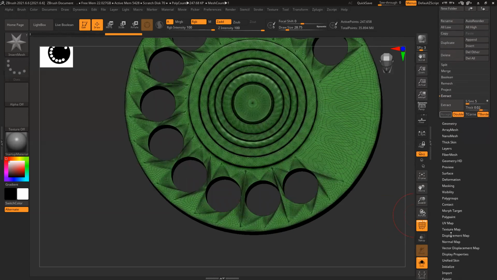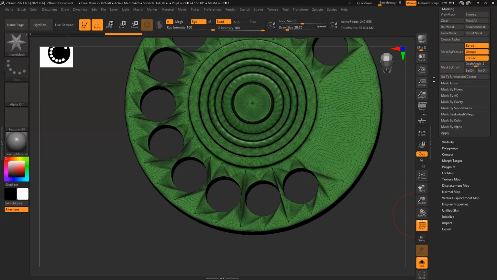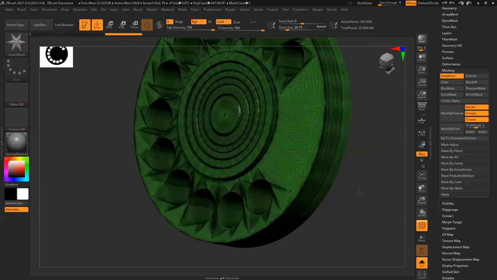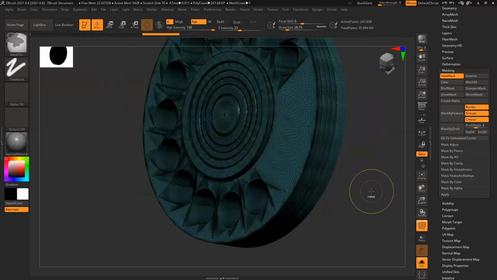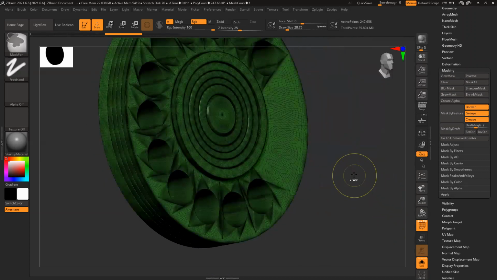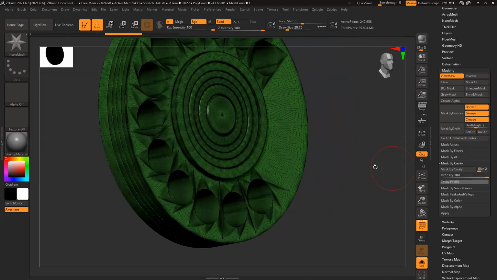I want to polygroup. So let's go to Mask. I need to mask it. Masking, mask by feature. Nothing changed. So mask by cavity.